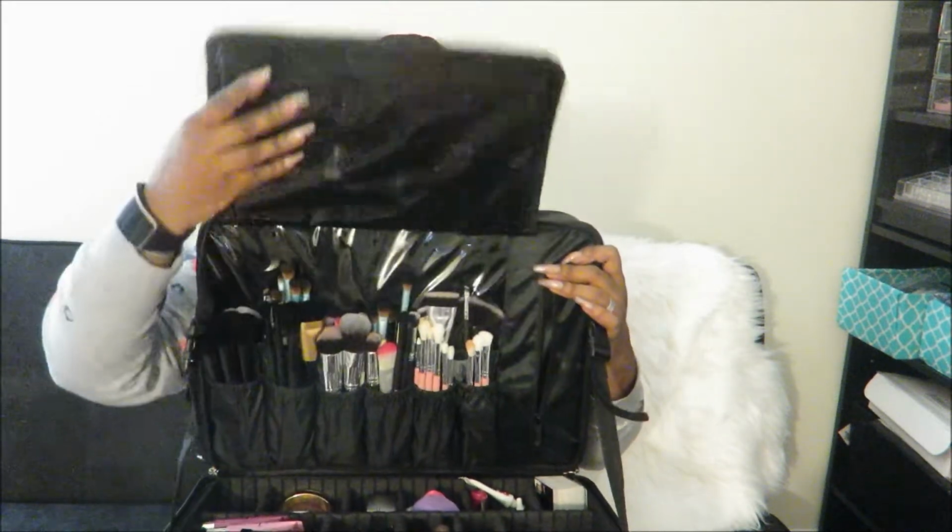And I think I'll try to post the link down below to which one this is on Amazon. And then this is the big compartment here, and I have everything. So there's a giant mirror right here. Underneath is brushes. There's a side pocket right here, and then of course I have everything like down here. I will try to zoom in and show you guys